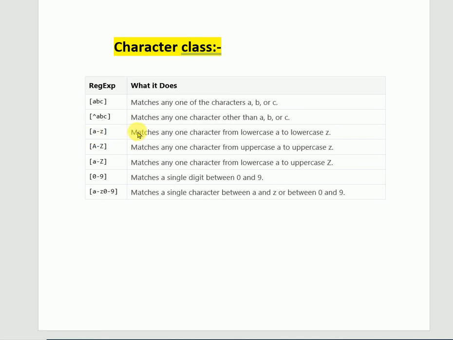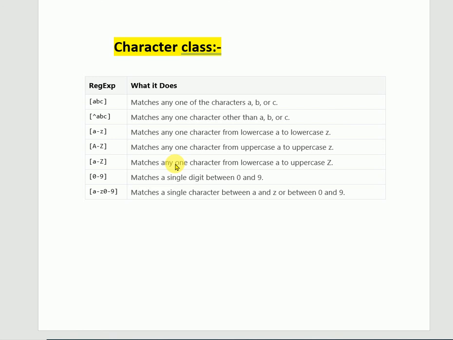The third one is a to z, which matches lowercase characters from a to z. The fourth one is A to Z in capital letters, so it will match all capital letter characters.